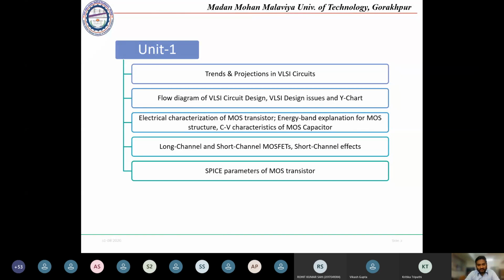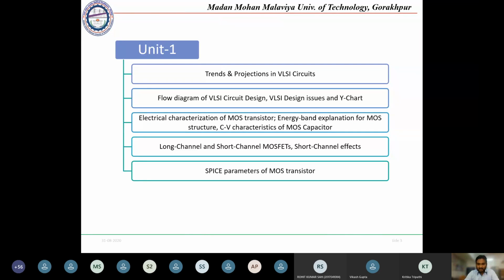The next topic will be the effects of short channel. So in the last 3 decades, we have been reducing the size of the transistors. So once we reduce the size of the transistor, there are different problems, or you can say challenges, being faced by the designers. So if we are designing a long channel device, or we are designing a short channel device, then what are the challenges, what are the disadvantages short channel devices have, and what are the effects on the device performance? We will study in that short channel effects topic.